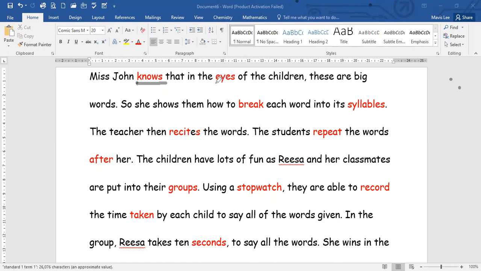Here we have another one. E-Y-E-S. That's the part of the body that we use for seeing. Eyes. Very good. It's a tricky word because if you sound it out, you will not get the word eyes. You get something different. Right? So it's a word that you need to be told, a tricky word. Okay, so we have nose and we have eyes. Let's see what else we can see that's new.